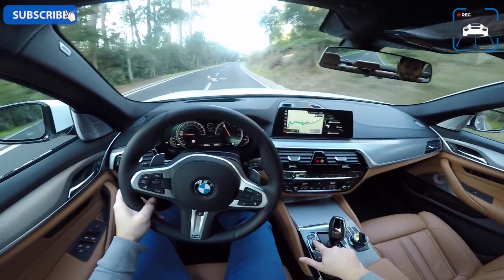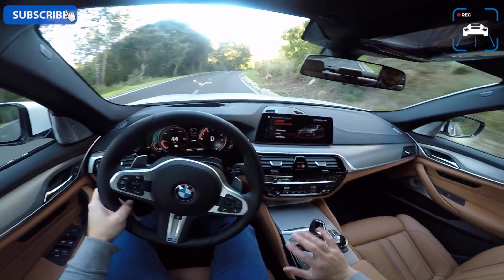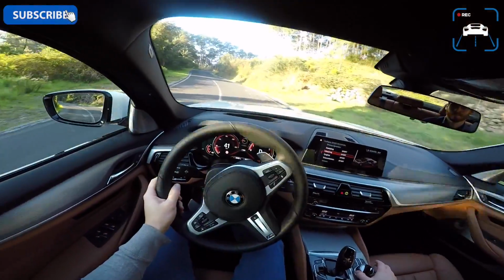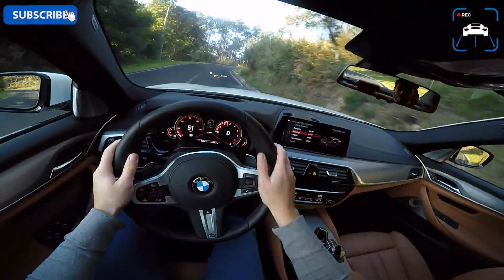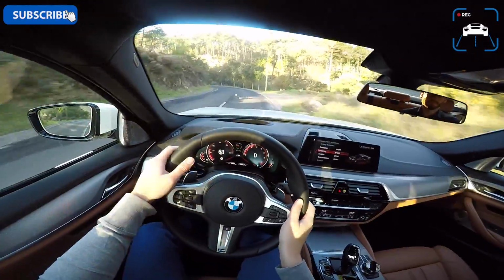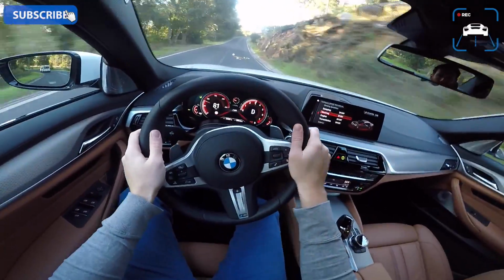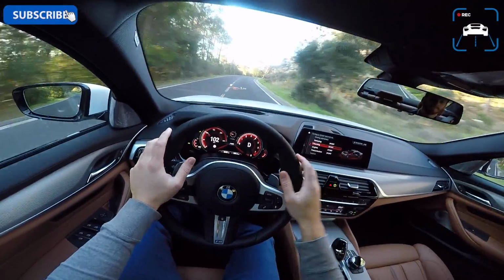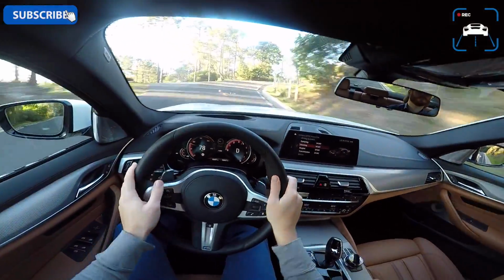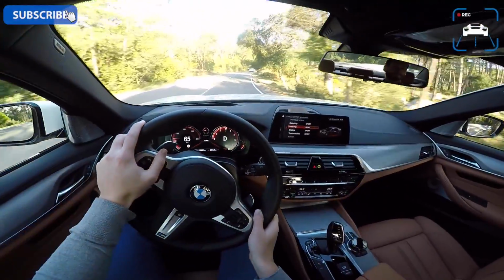So I'm just going to switch to sport mode, and as you can see, everything goes sporty. So damping is in sport, steering in sport, which I normally don't like with BMWs when they are in sport mode, but I immediately noticed that in this 5 Series it's a lot better. It offers a lot more feel, and it's not as artificial and too heavy